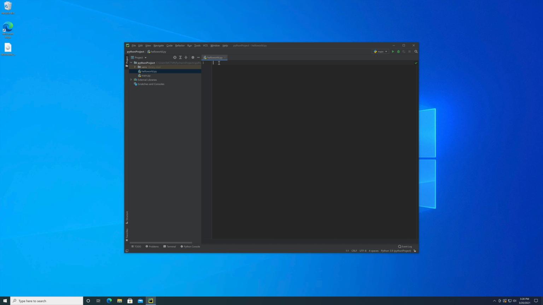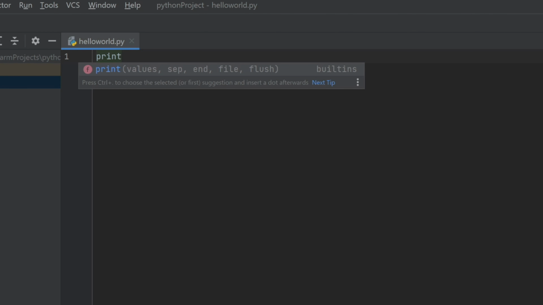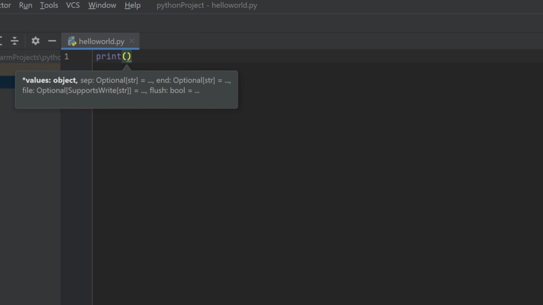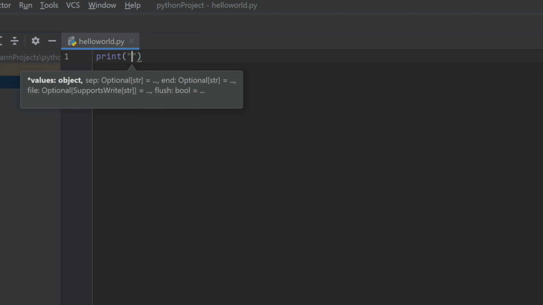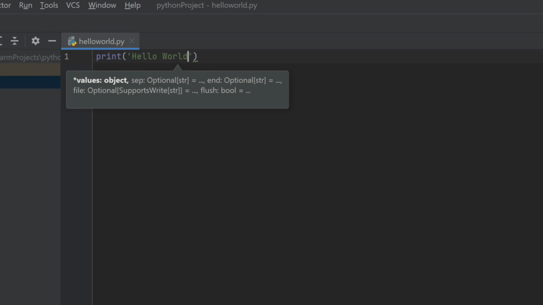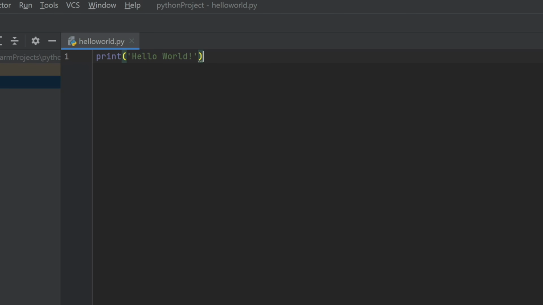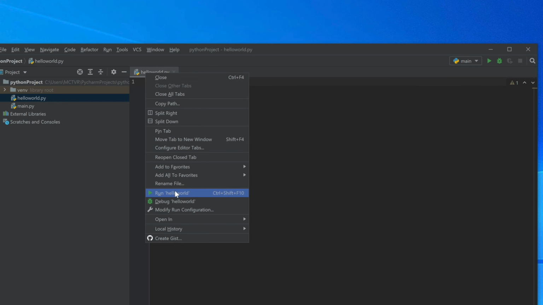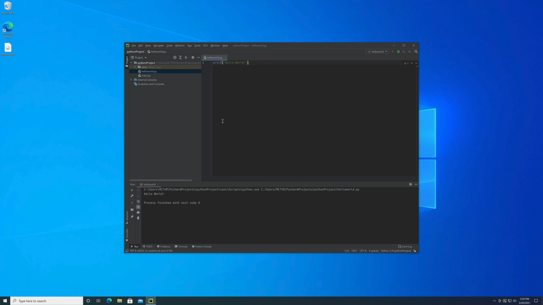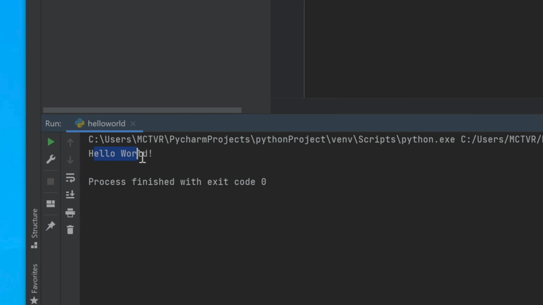and it's a very historical program. Print is for printing text onto your screen. Add parentheses, and then a double quote or a single quote also works. Only enter the string you want to print inside the quotes. Just take a look here. Bear in mind you need to name it hello world.py. So right click on this and just click run. Okay, it successfully printed onto your screen: hello world.